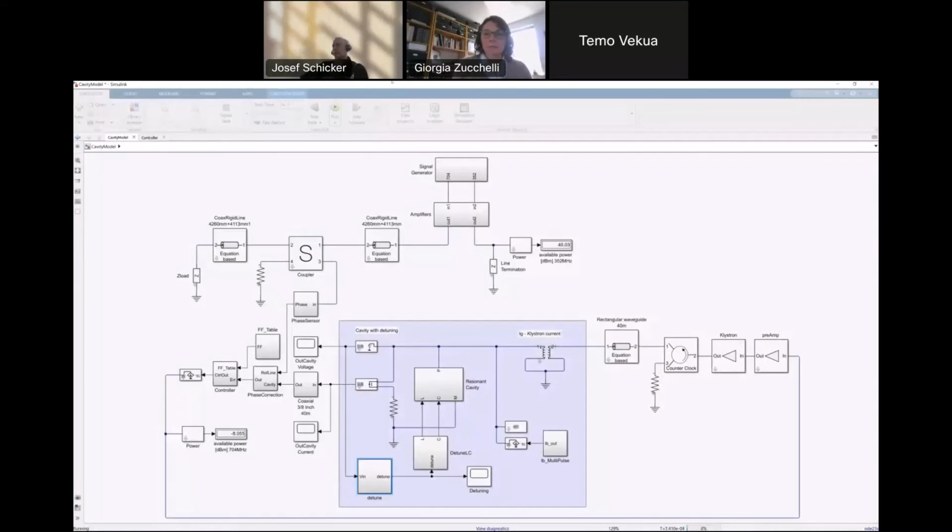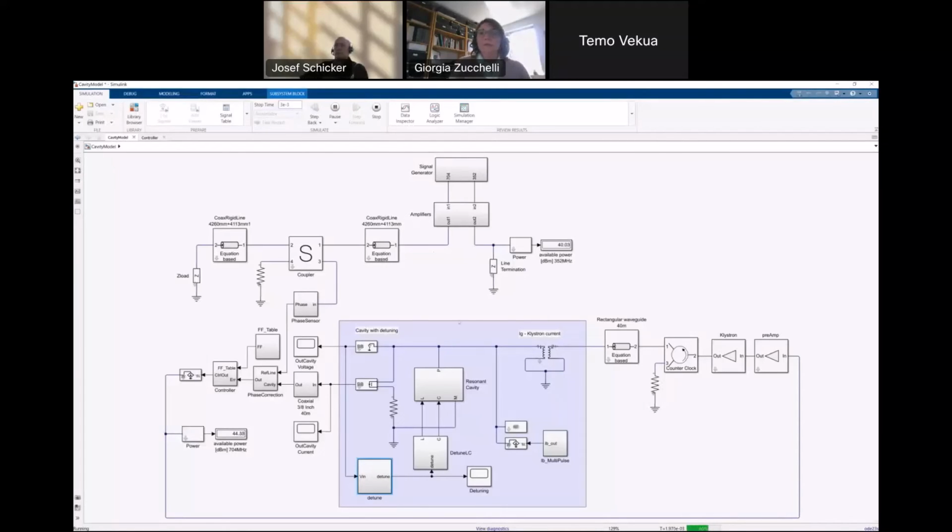So you start with a linear analysis, and as you evolve your model, you check the different assumptions you're making, but you use the model essentially as a digital twin, if you want to use this word, of your actual system.